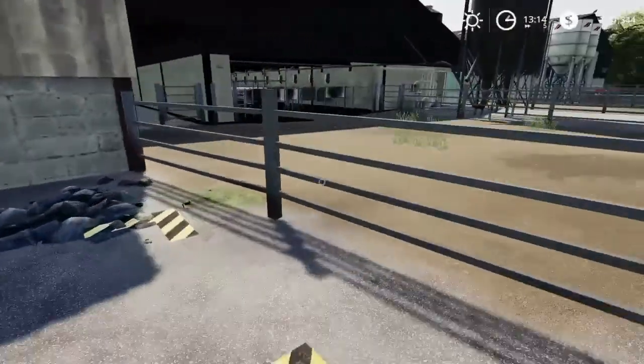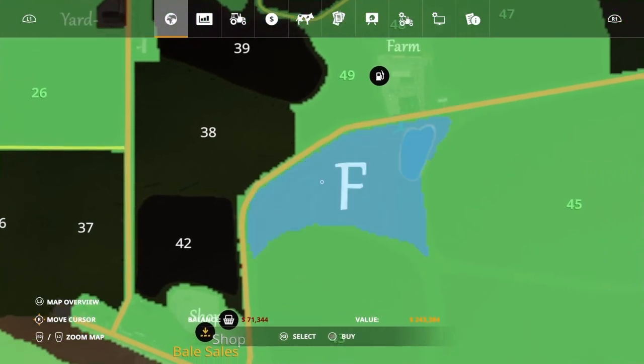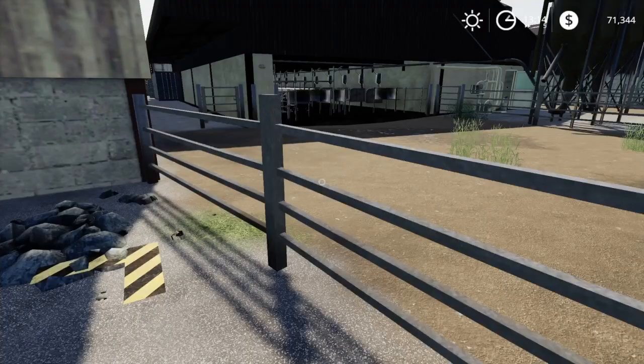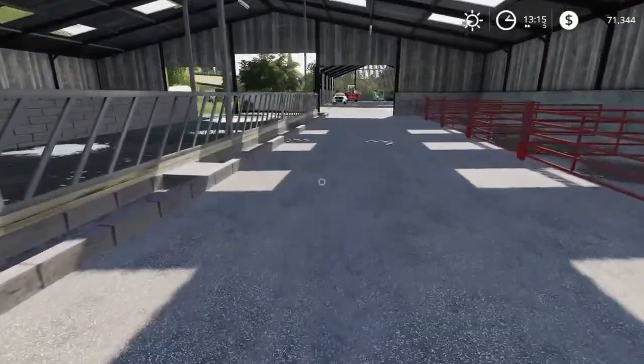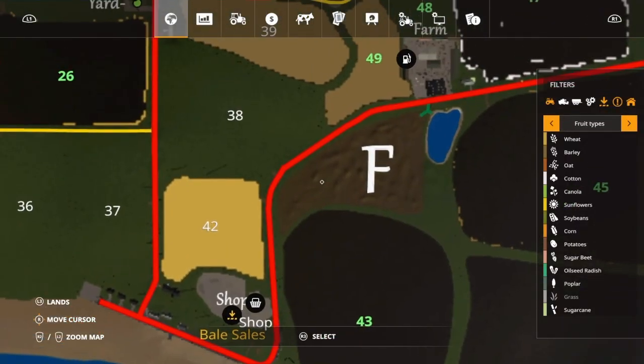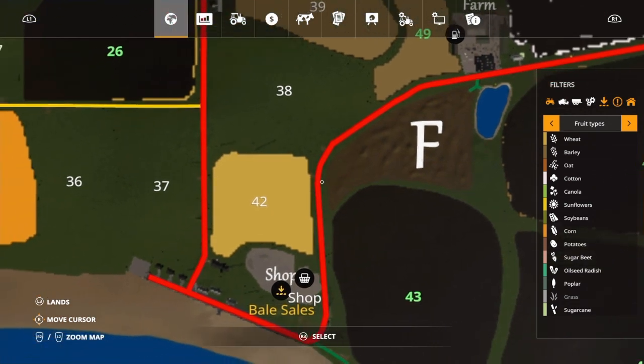I need to go look at that land. How much is it anyway? 243,000. Goodness. I don't know if it would pay to do that, or would it pay to...